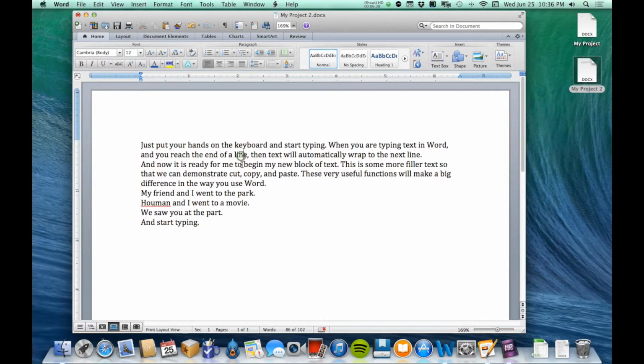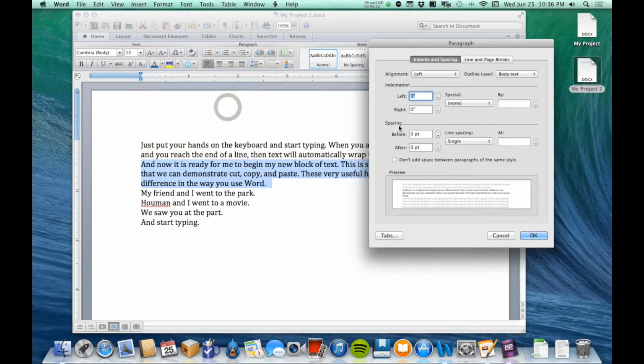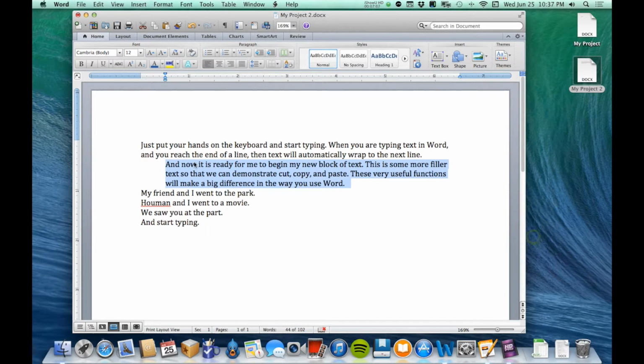I'm going to select this paragraph of text in the middle, and I'm going to show you in a minute. We can use the ruler for this, but for simplicity, let's start off by using this menu. I'm going to go to line spacing and line spacing options. And right here it says indentation. So I've got left, right, and then under special I have first line and hanging, which we'll talk about in a minute. So I'm going to say I want this to have a 1/2 inch left indent. And when I select that, you'll see that now my text actually starts a 1/2 inch further